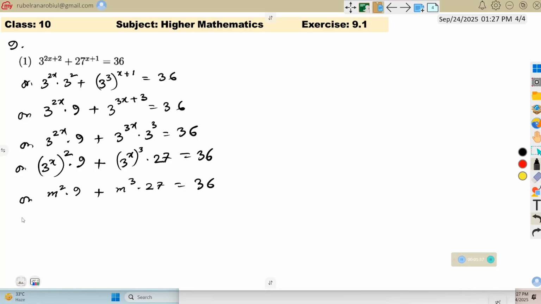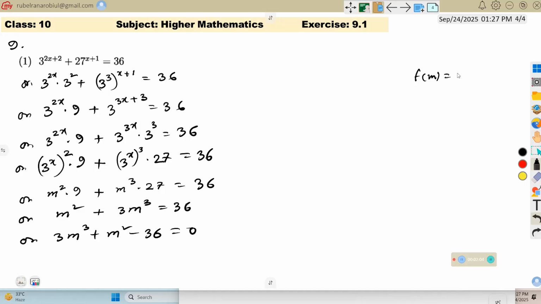Look, we can divide both sides by 9. So it will be m square plus 3m cube equals 36. By arranging these terms, we can write 3m cube plus m square minus 36 equals 0. Now we have to do factorization. Okay, here rough. Let f of m be 3m cube plus m square minus 36, then f of 1 will be 3 plus